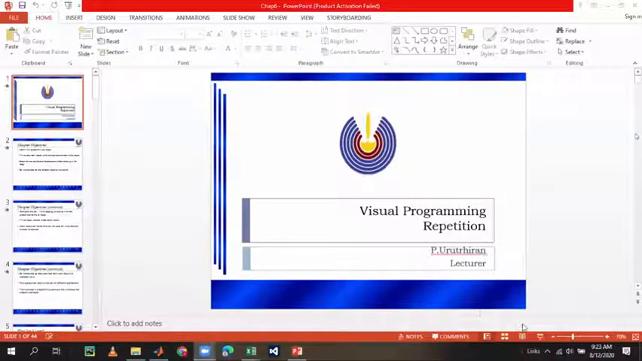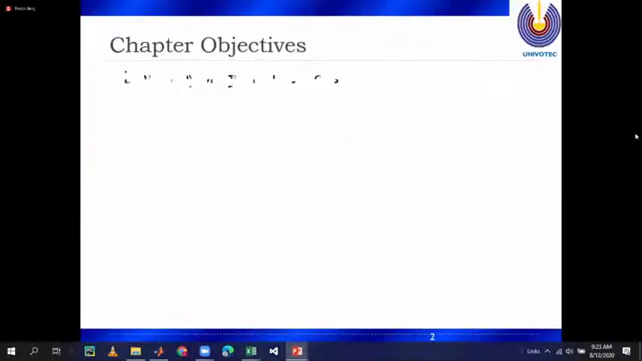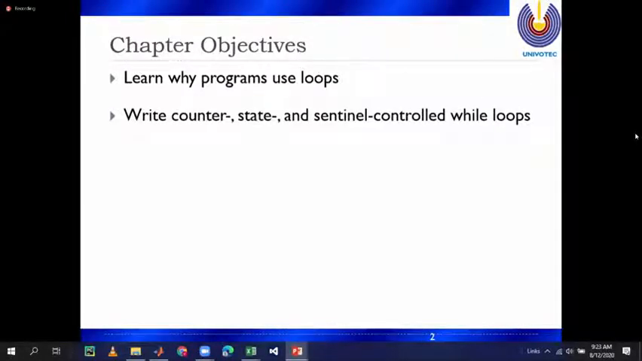Okay, students. Today we start the visual programming repetition. Learn why programs use loops. We are using the while loop, do while, for, and for each loop. Then write the counter, state, and